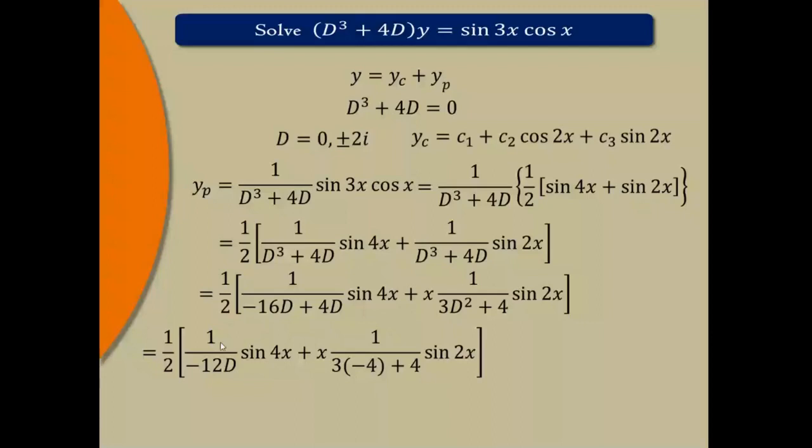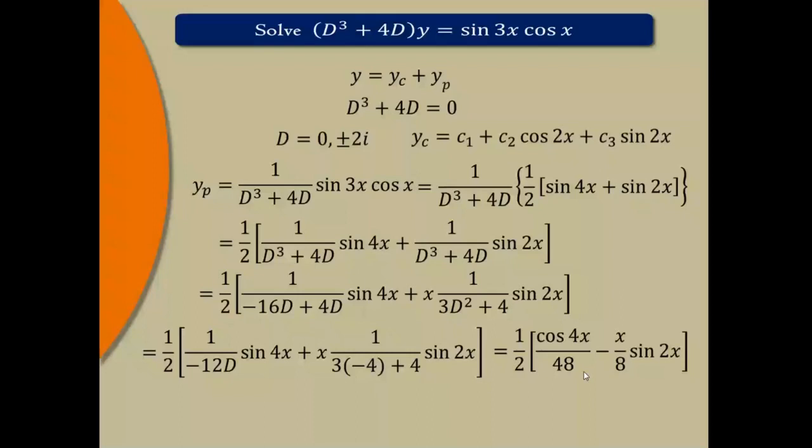So it is just multiplying and dividing by single d, and then simplifying. Any way you can do it, it gives us the same answer. Okay, so simplifying it, taking this 1 by 2 inside, integration, considering 1 by d as integration, it is minus cos 4x by 4, minus minus becomes plus, 12 4s are 48. This will be minus 12 plus 4, that will be minus 8. So it is minus x sin 2x by 8.